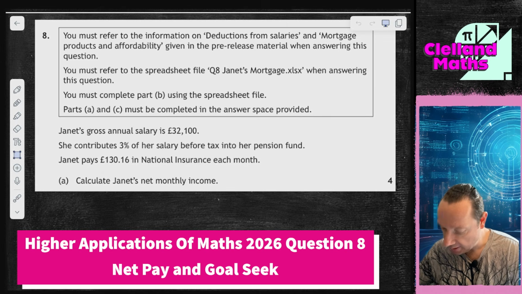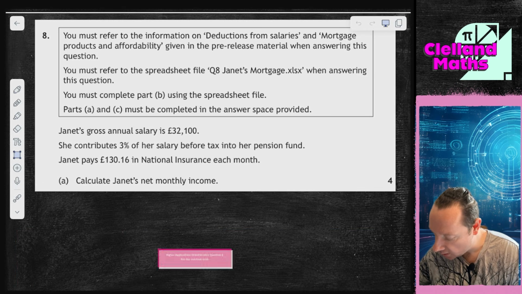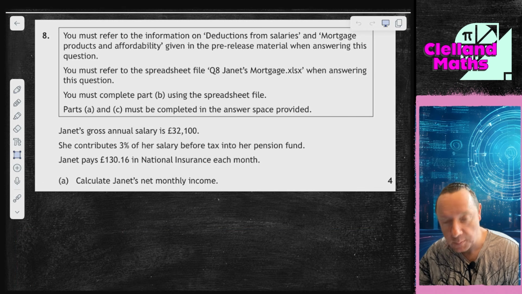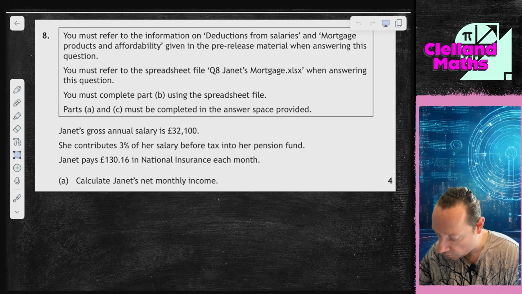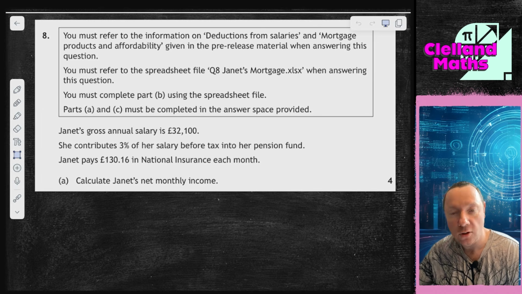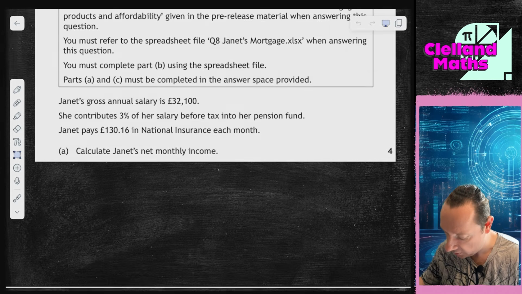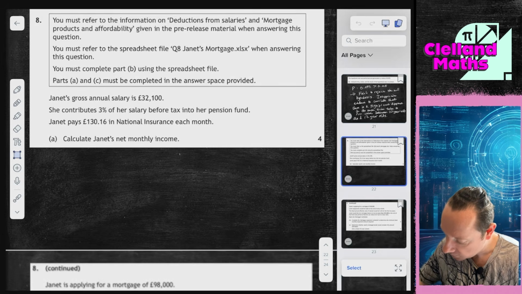Qualifications Maths 2026, question 8. You must use the deductions on salaries and mortgage products and affordability given in the previous material. You must fill in the spreadsheet for Janet's mortgage, and you must complete part B using the spreadsheet, part A and C in the space below. Okay, so part A, Janet's gross annual salary is 32,100. 3% of her salary before tax goes into her pension. Janet pays 130.16 in national insurance. Calculate the net monthly income. Right, so